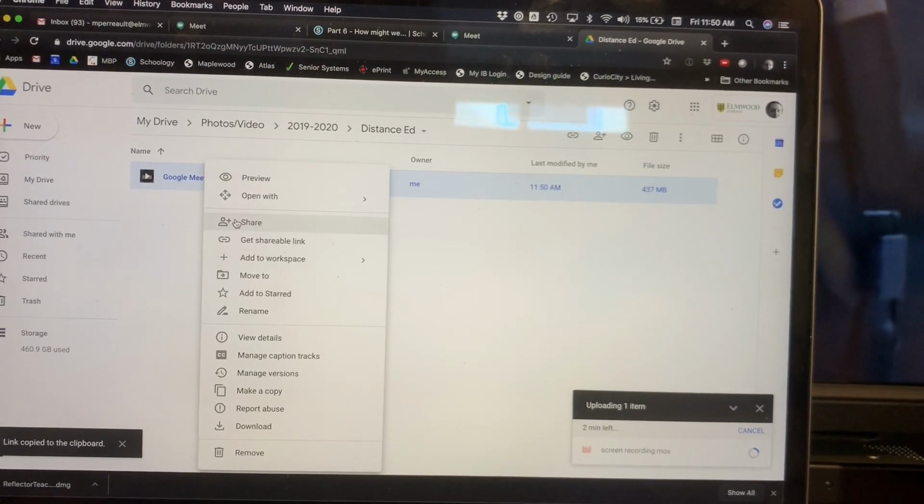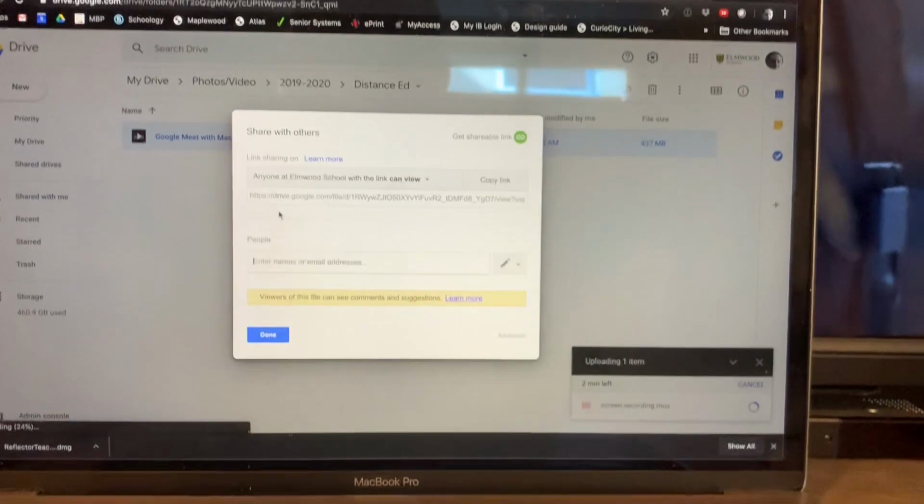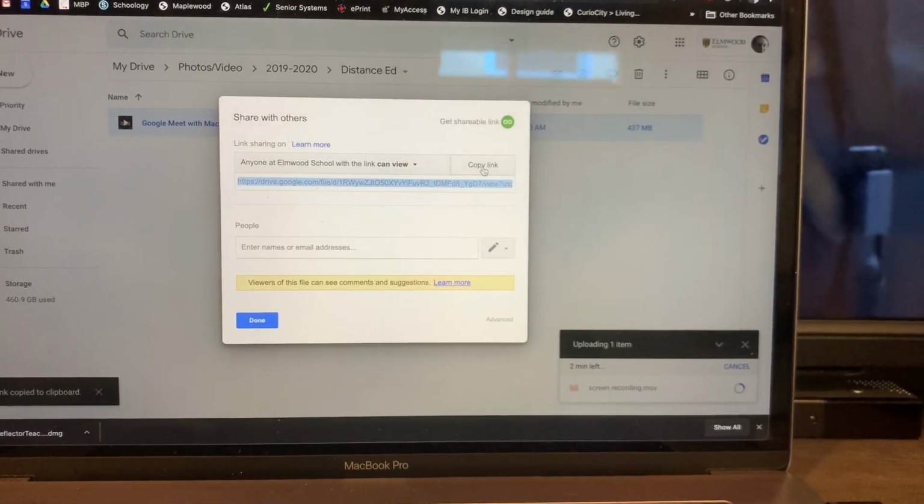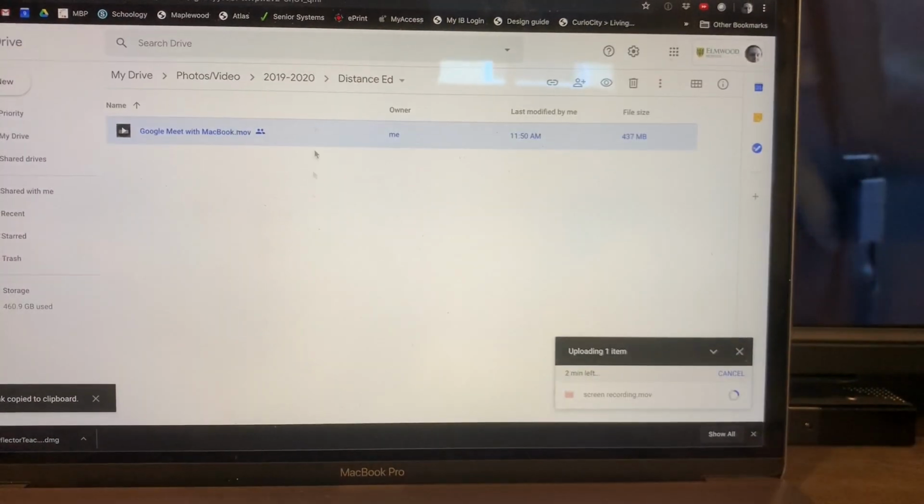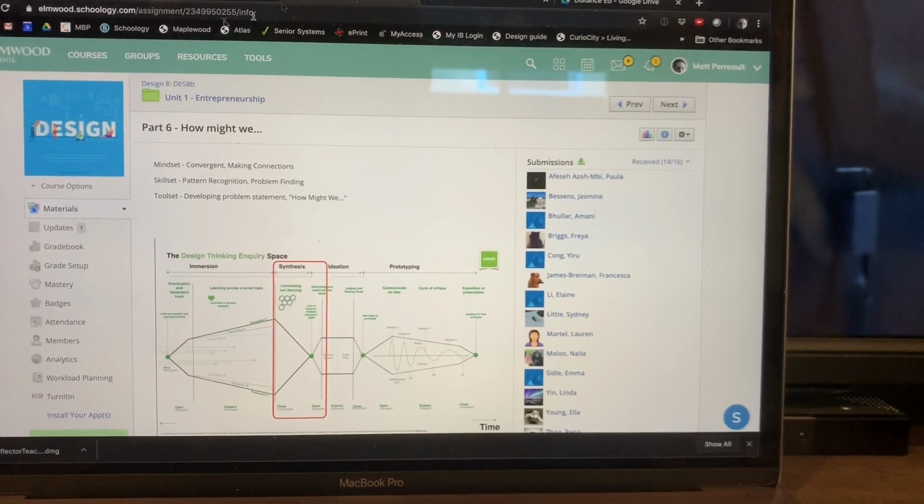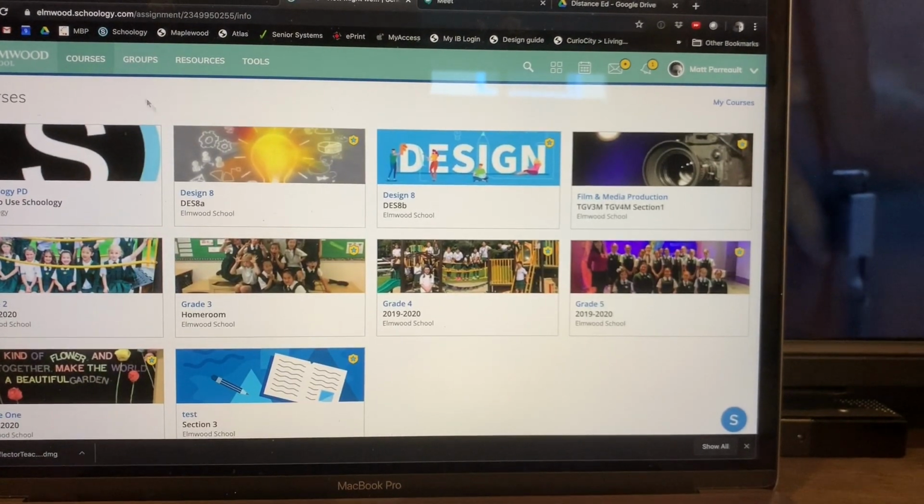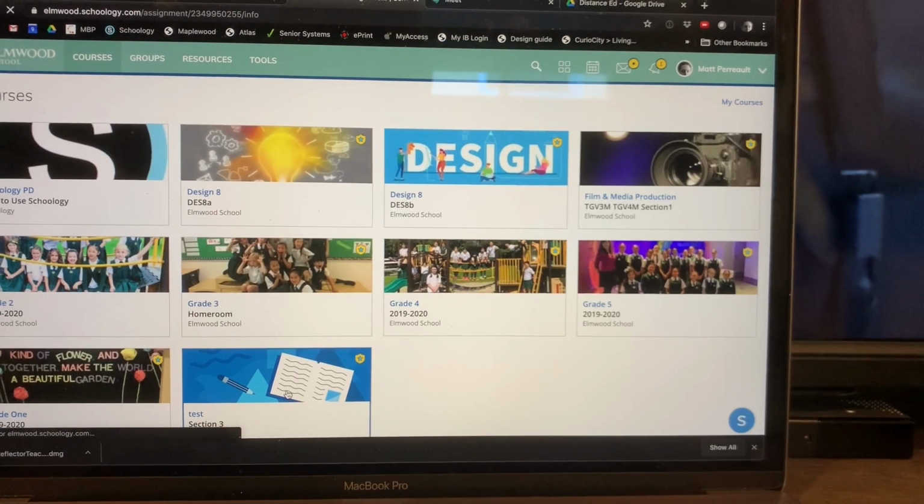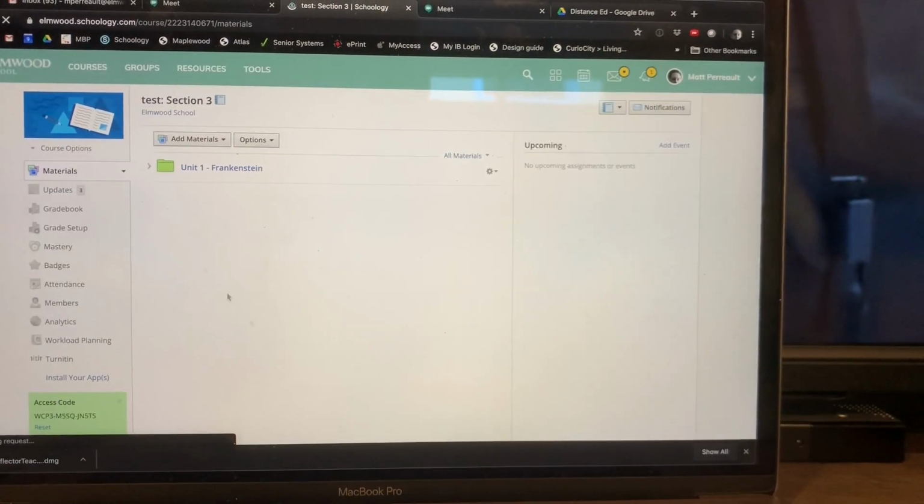Or just, sorry, I'm going to right click and say share, and then I'll copy this link here. Maybe that's the easier way of doing it, and then say done. So then I could go right into my Schoology courses and I could post that as an update. So I could say